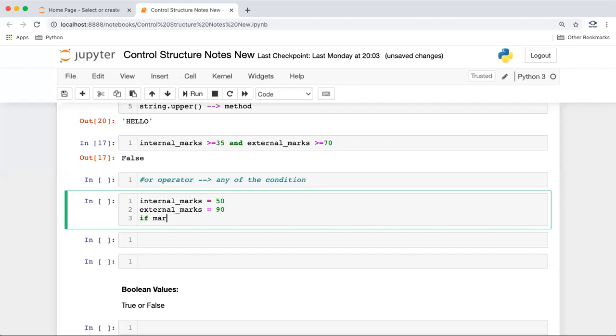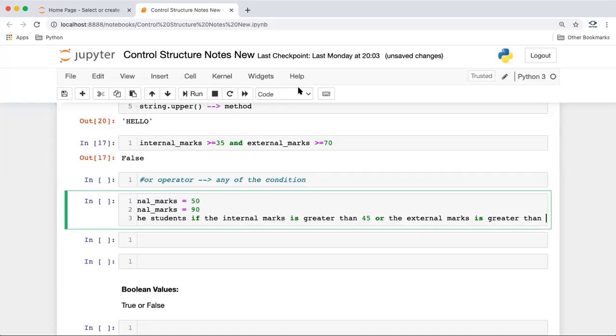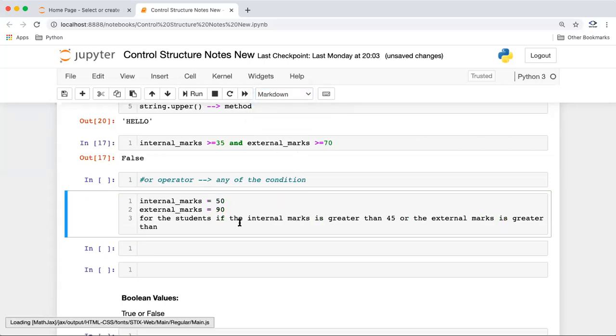We'll say if the internal marks is greater than 45, or the external marks is greater than 80, the student is pass.